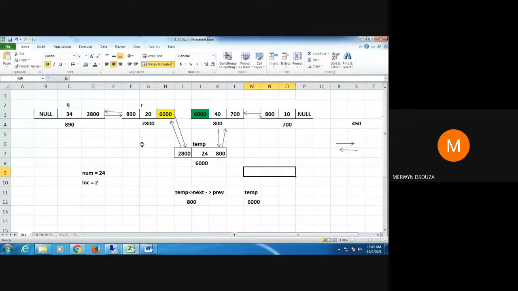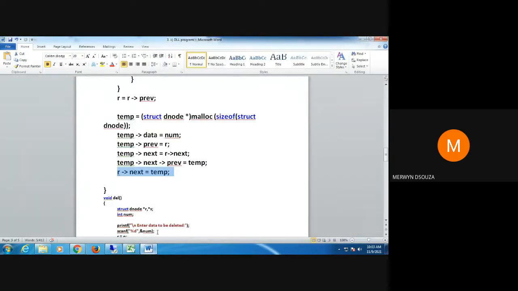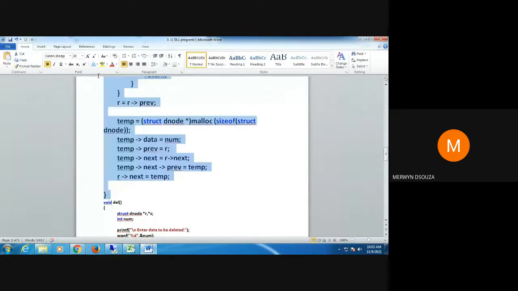So now this is your first node, this is the second node, this is the third, fourth, and fifth. So I hope you have got it. This is how your add after function works in the doubly linked list.